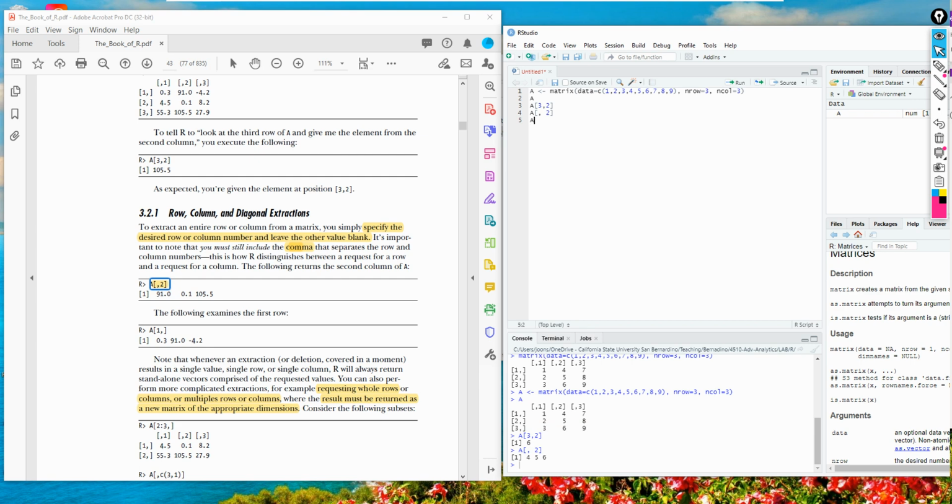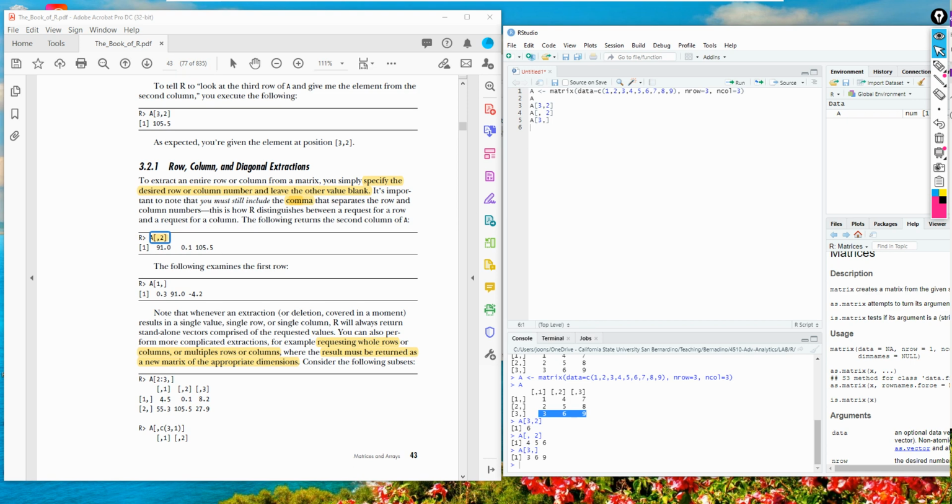Then what you have to do is A, and I want to observe the third row, and then for the column, just leave it as blank. So this returns the third row of matrix A. So run this: 3, 6, 9. Okay, the third row.